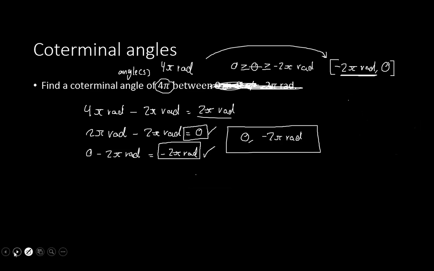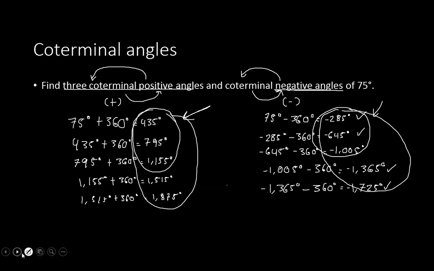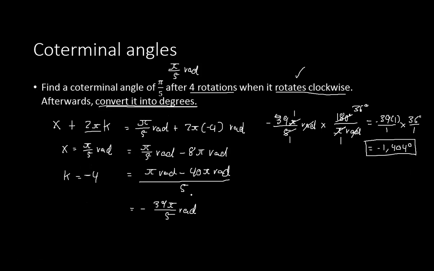Remember what we did here? We find 5 consecutive coterminal angles. We can do that here actually. All right? We can. So what we're going to do is, we have pi all over